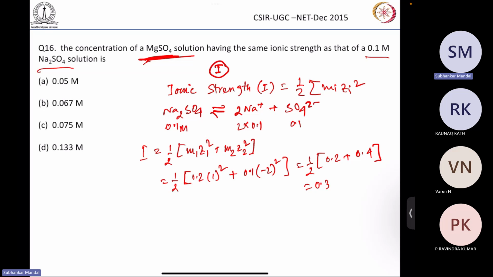So I extend for what is called sodium sulfate we got. So for magnesium sulfate, what you can write? Magnesium sulfate also you can write this way: magnesium 2 plus, sulfate 2 minus. Suppose the concentration of magnesium sulfate is m molar. Okay, then if it is m molar, then m molar of magnesium will form and m molar of sulfate also will form. Then I can write ionic strength I is equal to half of